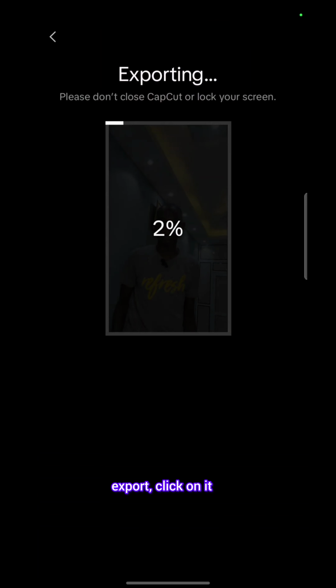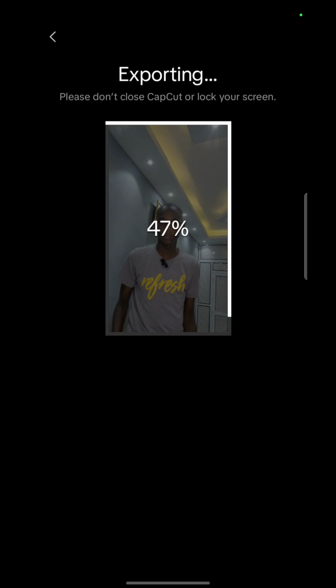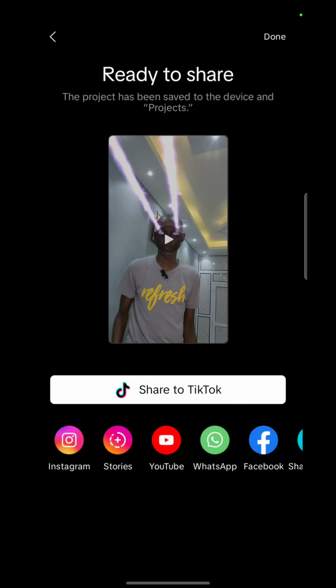Export. Click on it. You wait until it completes. So it's done. It's left to you if you want to share it to your TikTok or Instagram or to your story, YouTube, WhatsApp,